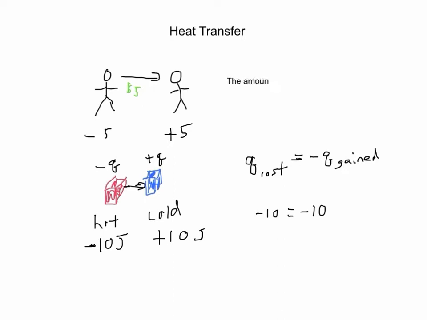The amount of energy lost by one object must be equal to the energy gained by another object. And the reason for this is the law of conservation